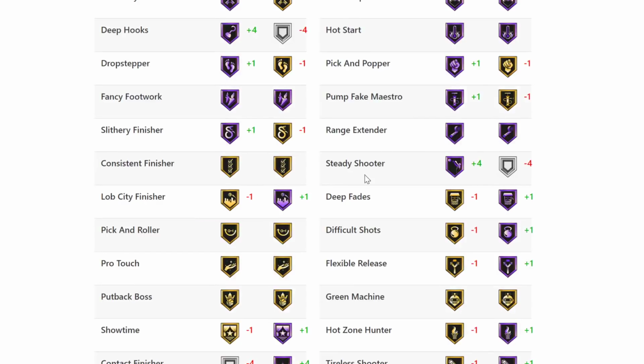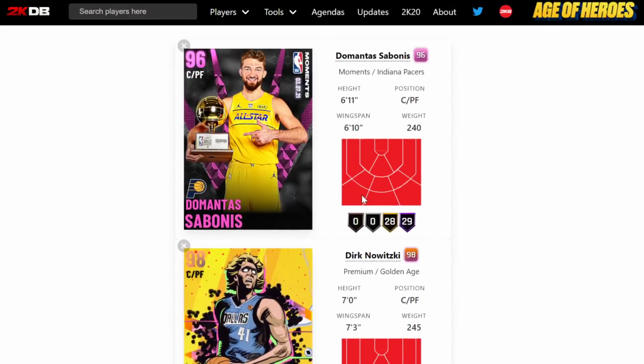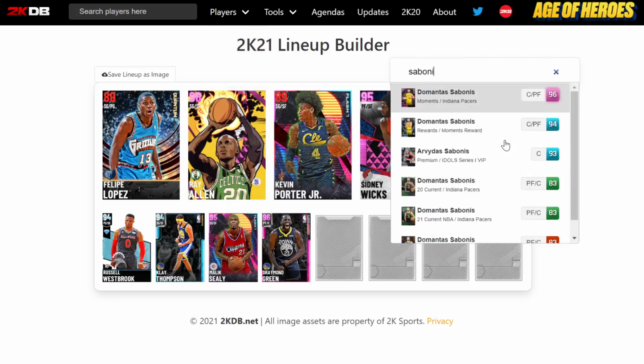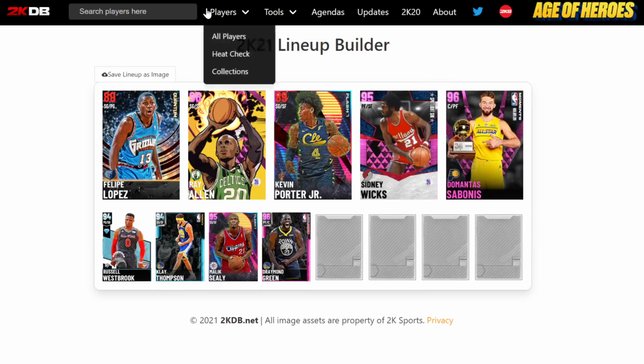Both have range. You've got blinders on next gen. You could argue Domantas Sabonis is better on next gen than Dirk Nowitzki. Sabonis is the best value card in the game and is a no-brainer. A no-brainer for this squad right here. And then we have got